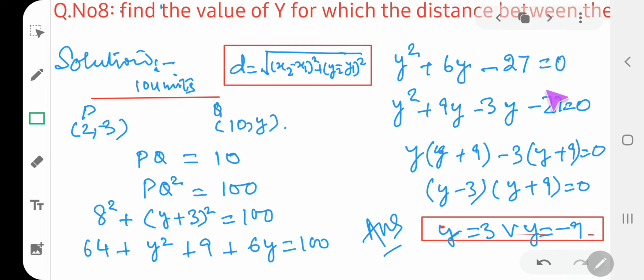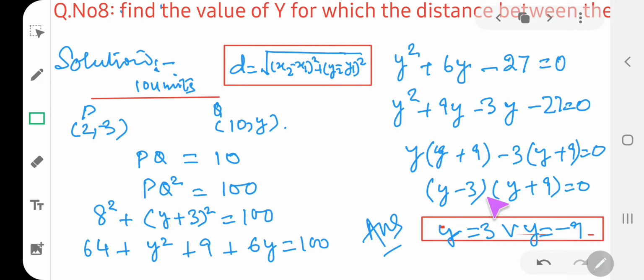Now this is a quadratic equation. You know how to solve the quadratic equation by middle term splitting. So when you split the middle term, it will be 9y minus 3y. So y square plus 9y minus 3y minus 27 is equal to 0. Take these two together, last two together, and take out the common thing. So y can be taken common. Inside you are left with y plus 9. In these two terms you are able to take minus 3 common. Inside you will be left with y plus 9. So now we have two brackets, that is y minus 3 and y plus 9 is equal to 0.